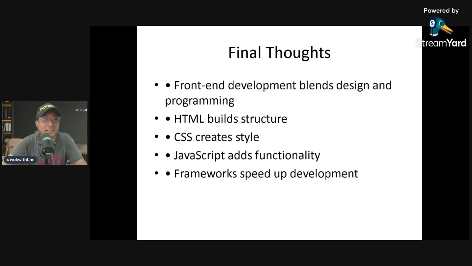These tools help developers build powerful and responsive web applications. If you want to become a web developer, learning front end development is an excellent starting point.